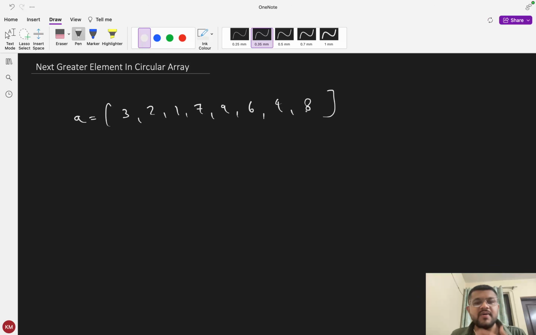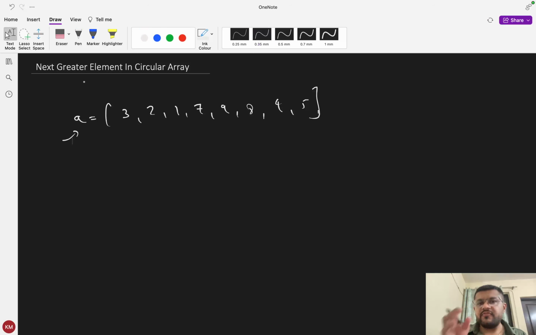Let's say this is my given array, okay, or let's make a little bit more changes. So let's say I have here element 8, and then you have here, let's say, the element with value 5, okay. सो नेक्स्ट ग्रेटर एलिमेंट का मतलब क्या होता है? We need to find the next greater element for every element in the array.